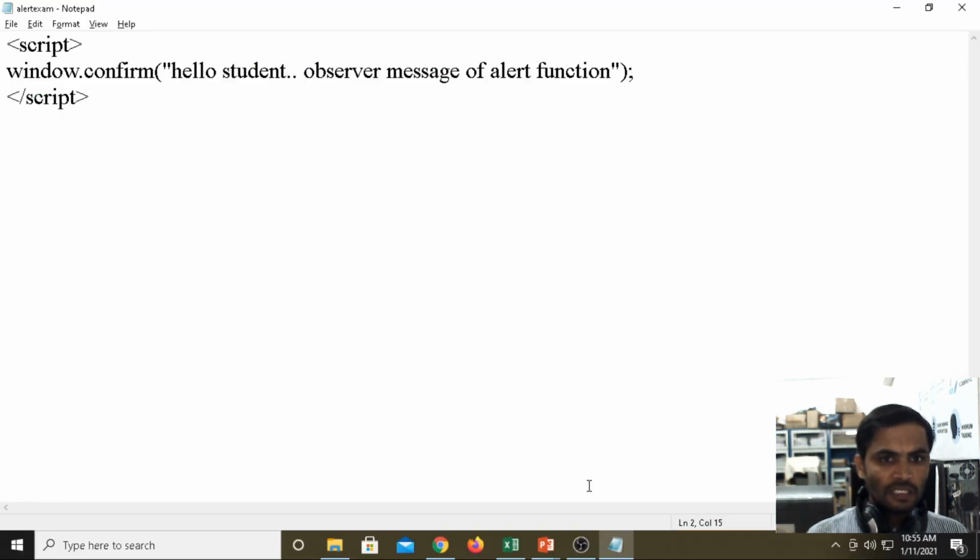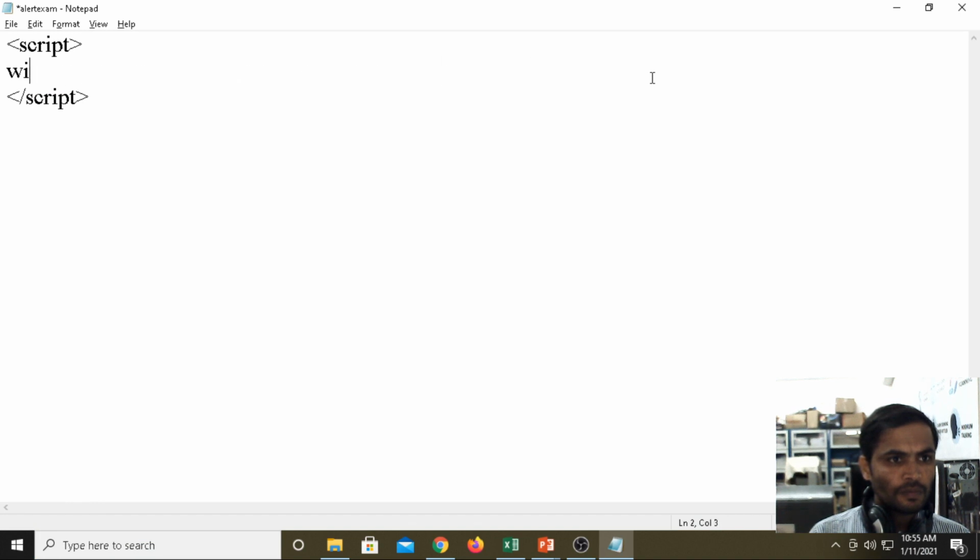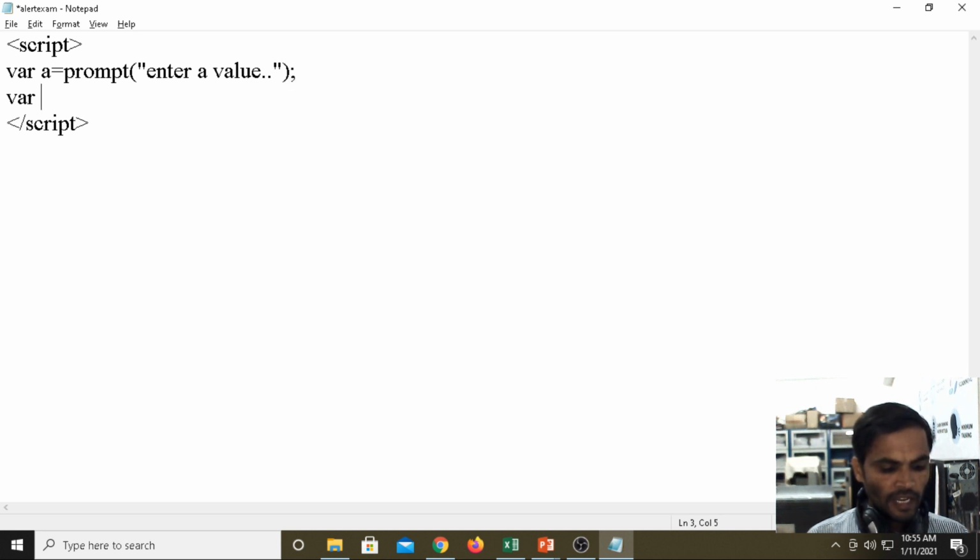Now for your understanding, see here, for the prompt I am taking the variable a equals prompt, enter a value, then b equals prompt, enter b value. That means at runtime I am assigning the values.